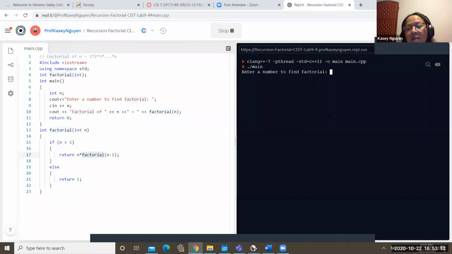But let's test the program. If I put in less than 1, it returns a 1. Because anything times a 0 is a 0, so we wanted to start at 1 and higher. So our base is going to be 1. And then we wanted to be able to multiply all the previous numbers with the value that we specify. So let's do 10. So this is a factorial program that uses recursion.